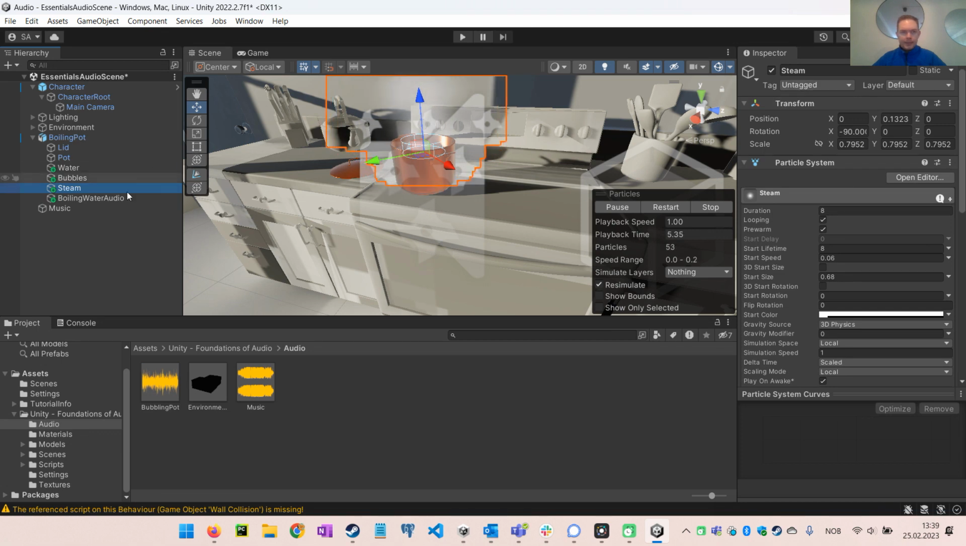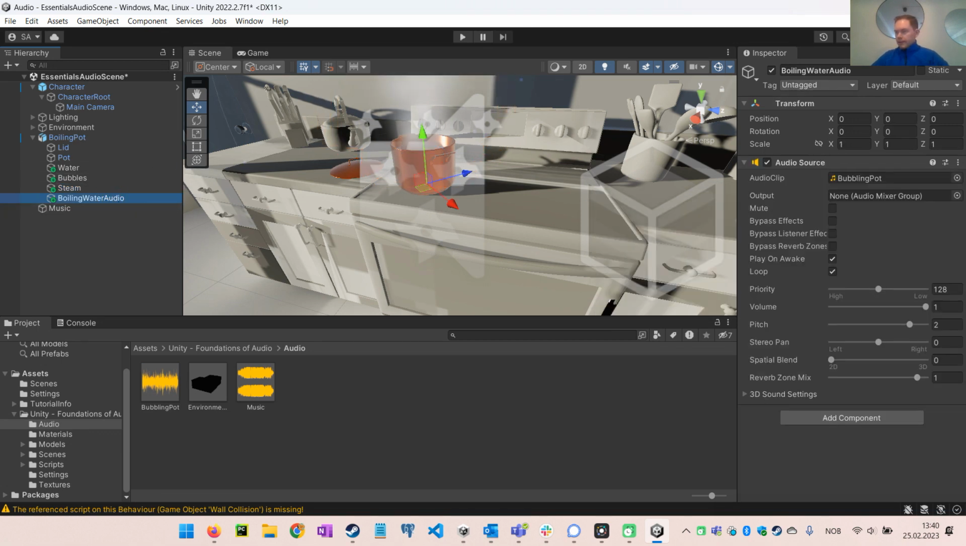So this is the boiling water audio. We can convert this to a 3D sound, and this is the spatial blend. So it's now 2D, and we can convert it to 3D by pulling this leveler all the way to the right. So if you press play again now,